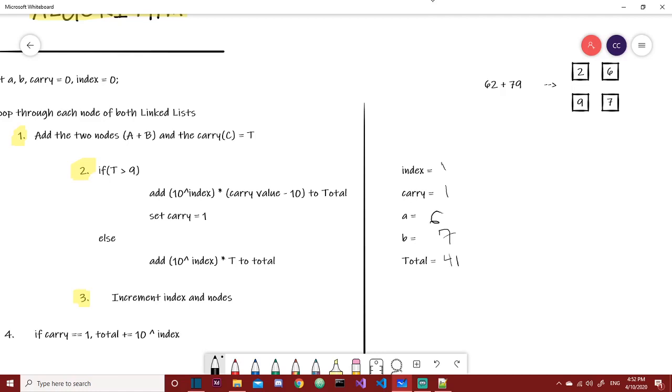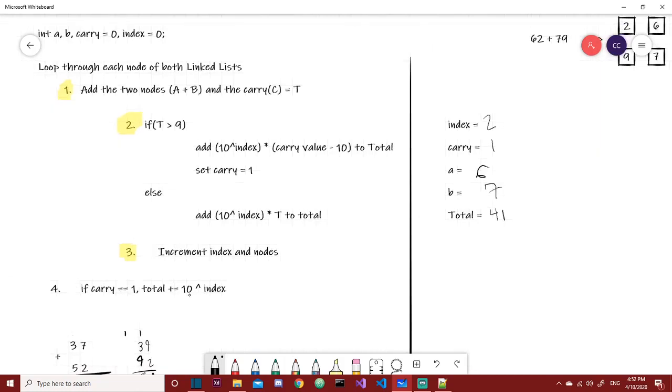And then we increment our index again and our nodes, but our nodes are done. We don't have more nodes. So index is now equal to 2, and we do step 4 because step 4 is independent of the loop. If our carry is equal to 1, which it is from our last iteration, then we're going to add 10 to the power of index. 10 to the second is 100, so we add 100. 100 plus 41 is